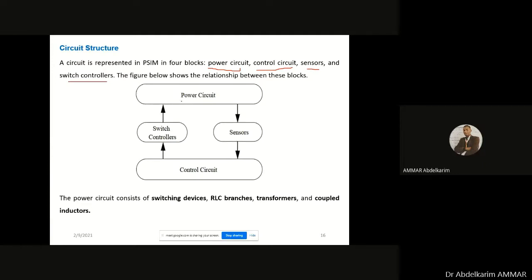So we have a power circuit, for example, the power electronics devices consist in power circuits. Sensors are the measurement devices, voltmeter, ammeter, etc. The switch controllers are switch blocks used for the power circuit. For example, when we have controlled converters like a controlled rectifier with thyristors, you may see it later. Of course, we need switch controllers to control those switches. I will do, inshallah, another presentation later on how we can do a controlled rectifier in Psim, and at the end,